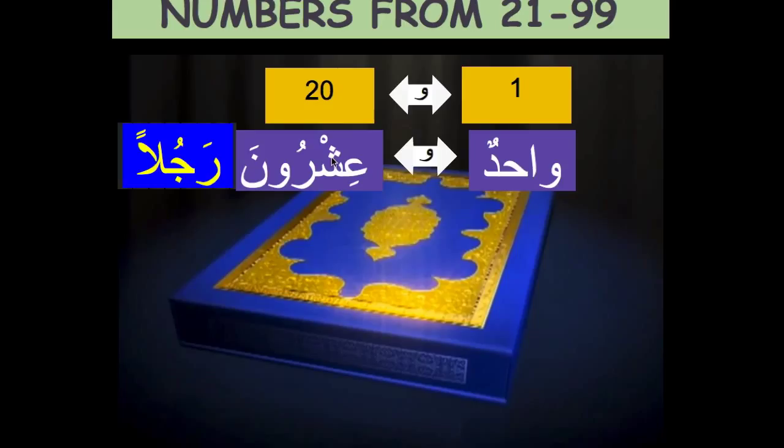rajulan. So here what comes from 11 to 99, what we get the thing counted is tamiz. So that is, it is a singular mansoob noun which is giving some detail. So whenever it is mansoob, which means it is a detail. 21, 21 of what? So we say it is rajulan, men, 21 men. So we say ithnanin